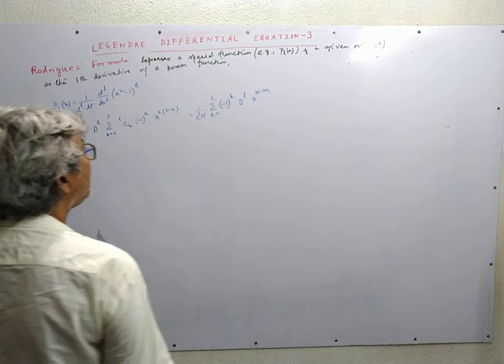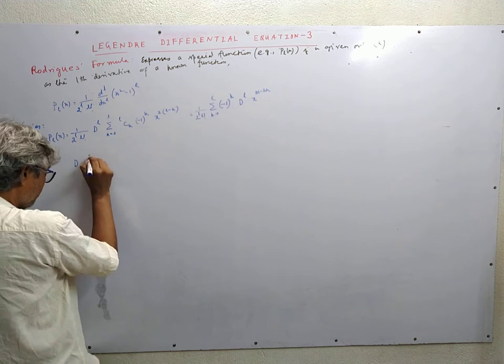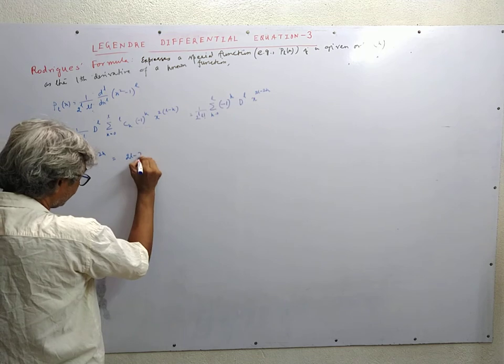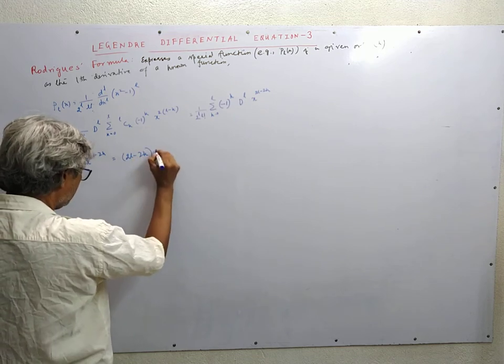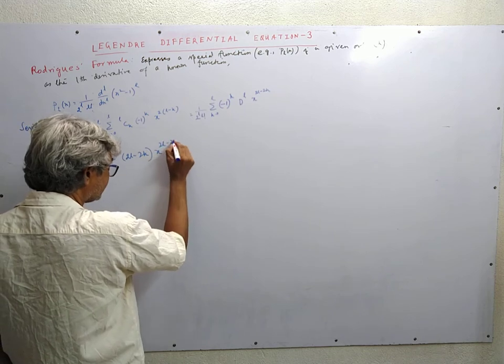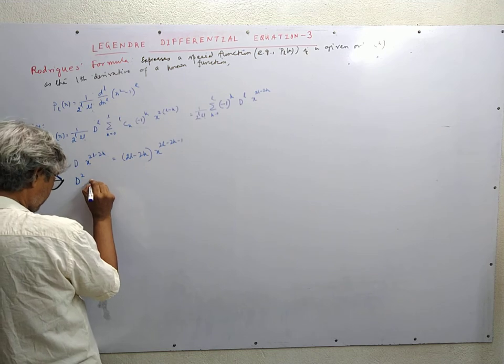Now d operating on x to the power 2L minus 2k is equal to (2L minus 2k) x to the power 2L minus 2k minus 1. D square operating on